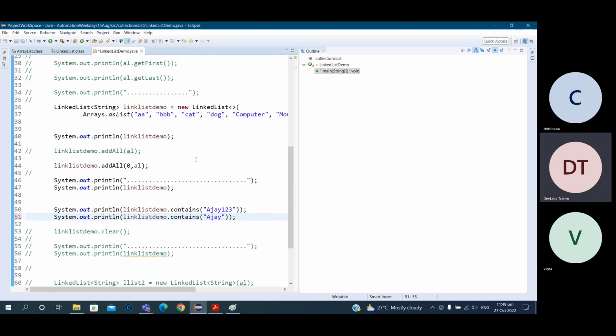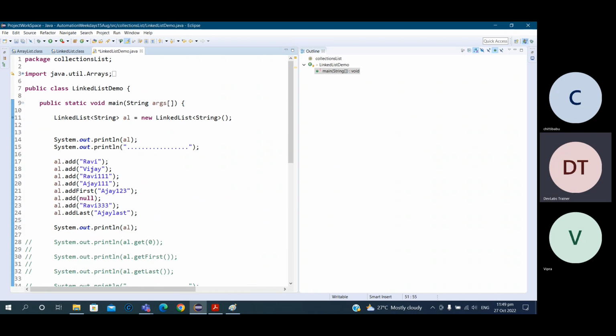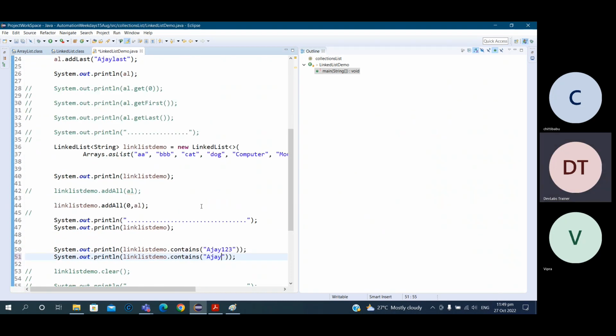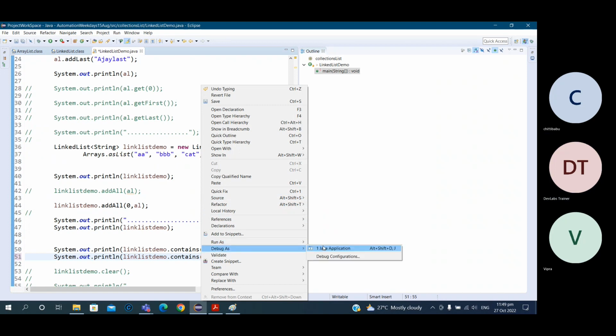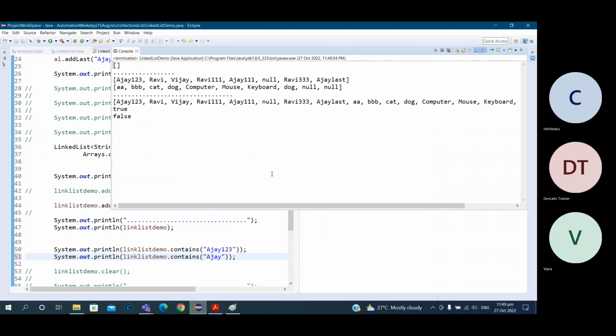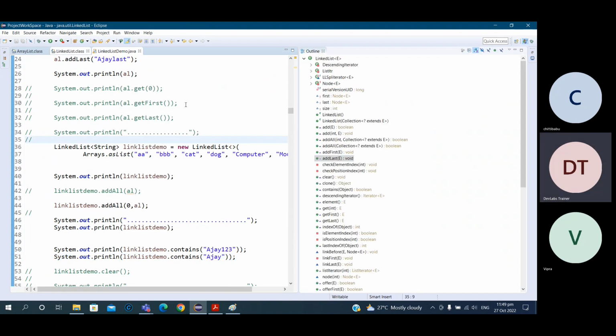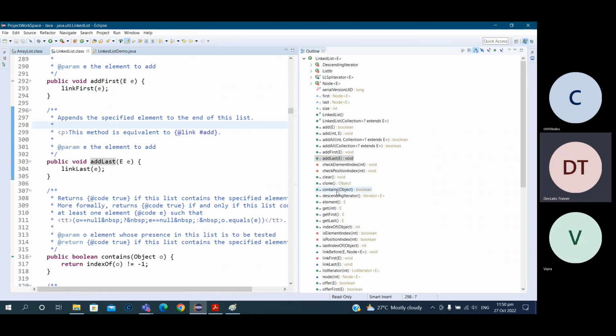Just passing Ajay. So Ajay is not there. You can see Ajay is not there. Let me run this. It is saying false. The contains method demo you have already seen. Now the next method, an important one, is